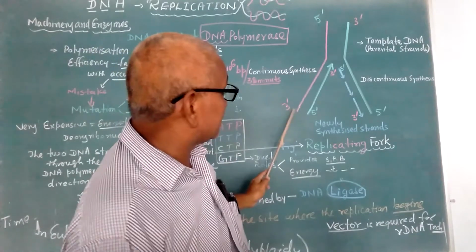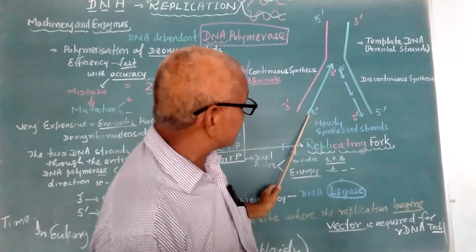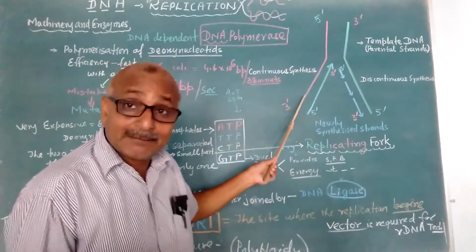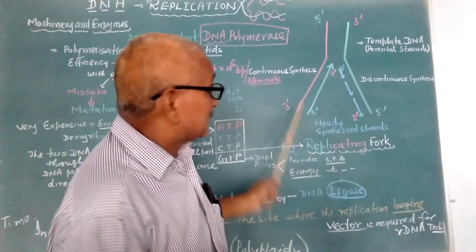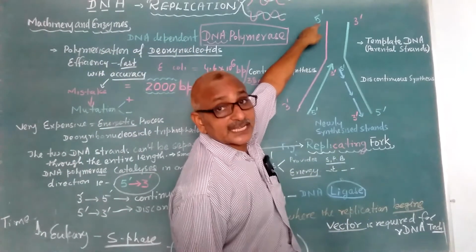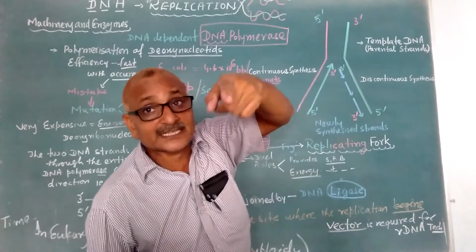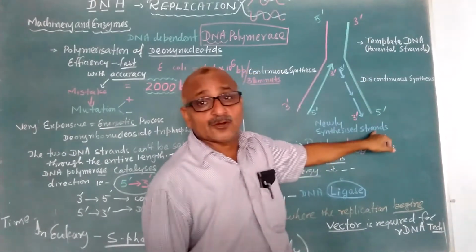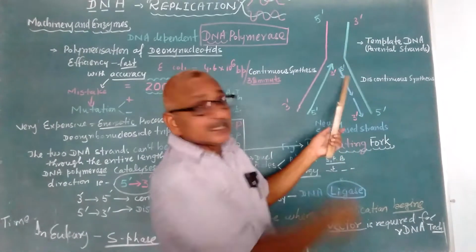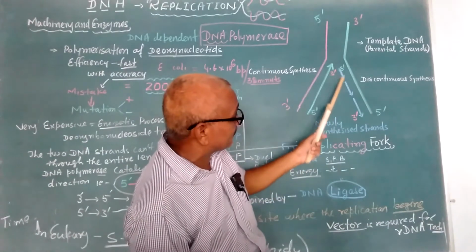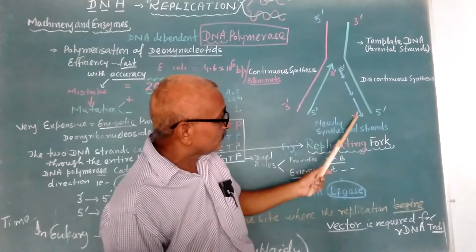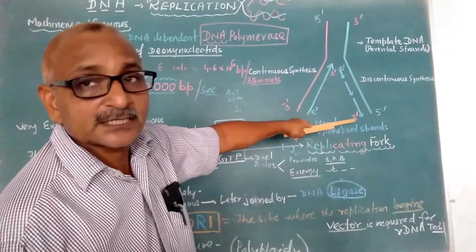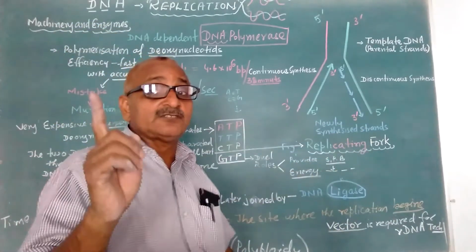Okay, the thread is in the 3 to 5 prime direction. The direction of replication is always from 5 prime to 3 prime, which is anti-parallel to the parental template strand. So never be confused. If this is in the 3 to 5 direction, then replication always occurs in the 5 to 3 direction, so here it will be continuous. And its complementary strand will be 3 to 5 prime, so there replication again goes in the opposite direction. See, this replication is happening from here, and this replication from here, because again replication has to occur in the 5 to 3 prime direction. So this one occurs in the 5 to 3 direction discontinuously. It means discontinuous replication is occurring